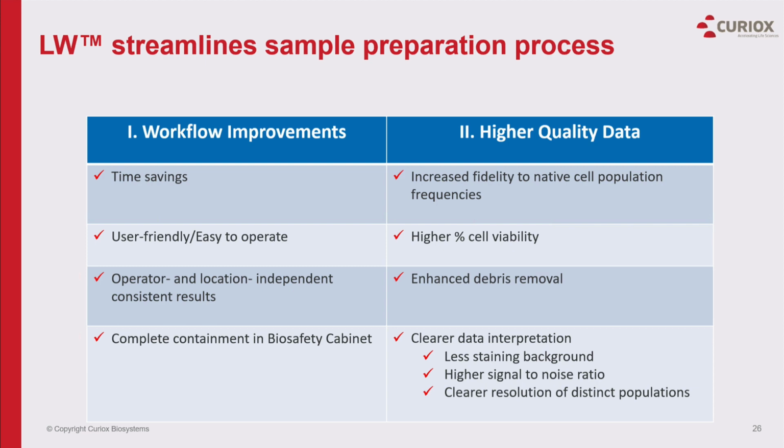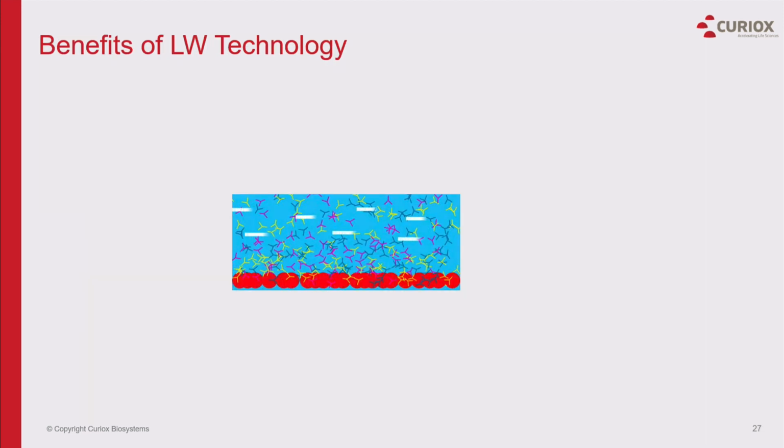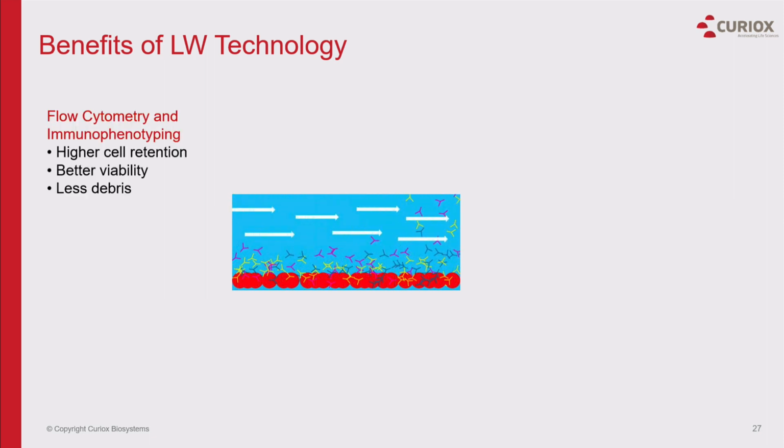and ultimately gives us clearer resolution of distinct populations, which is really important because many of us are working in areas where these populations are very dim, or they happen to be a smeared population. So really trying to decipher them and hone in on them can be problematic if our samples are not clean and if we don't have a lot of cells to actually run through the flow cytometer and get accurate counts on. So I'm just going to finish up here by highlighting some of the benefits of the laminar wash